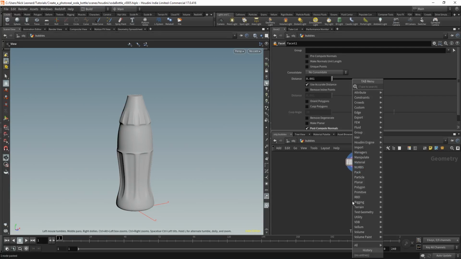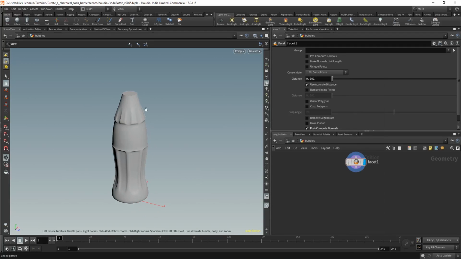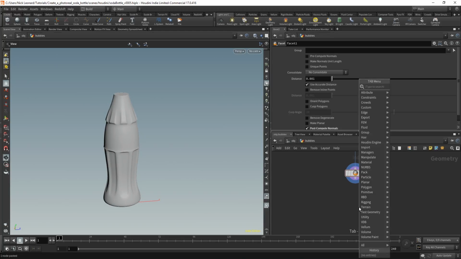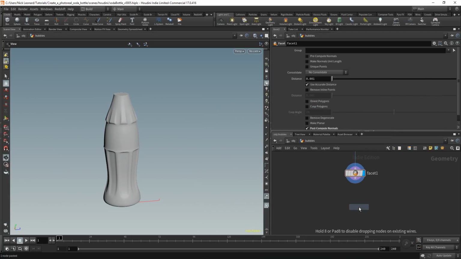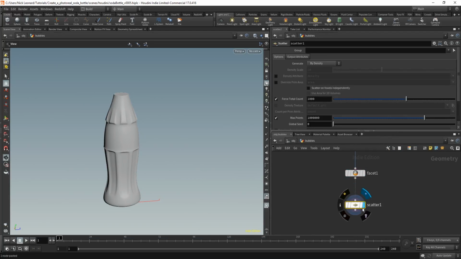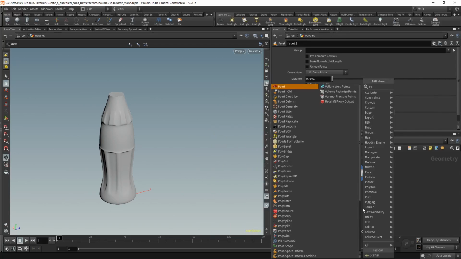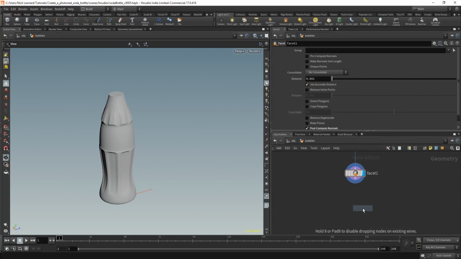And what we want to do from here is generate a load of points based on this surface. But we not only want to generate points on the surface, we want to generate them within. So we wouldn't be able to do that using a scatter SOP. We need to use a points from volume SOP because this is currently scattering points on the surface. So if we use a points from volume SOP,